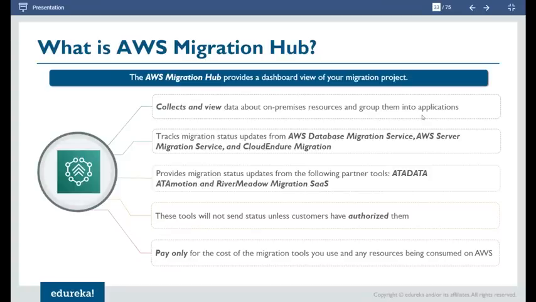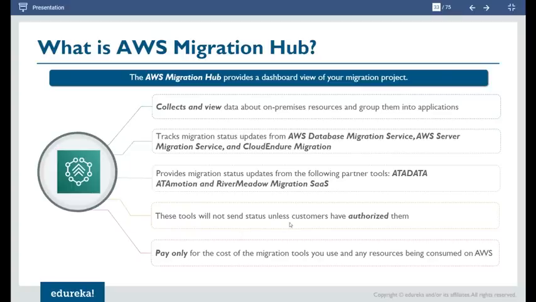From here, you can track status of migration using AWS DMS, which is your database migration service, server migration service, and CloudEndure migration. It provides migration status from the following partner tools: Atadata, Atamotion, RiverMeadow, Migration SaaS. These are some third-party tools.